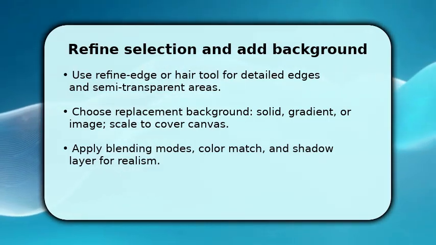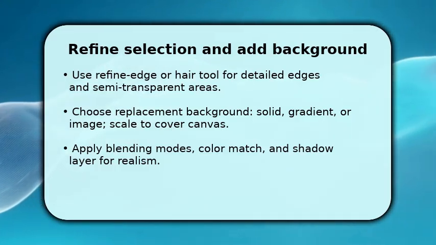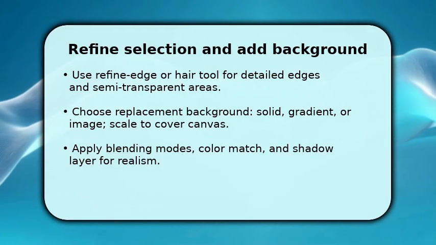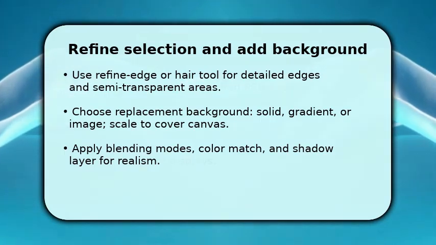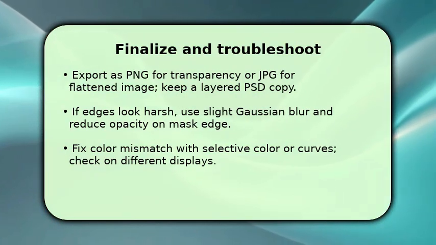Then match color temperature and exposure between layers and add a subtle shadow or contact layer beneath the subject to ground it. This step is where the photo stops looking pasted. To finish, inspect the composite at 100% zoom, then save a layered file for future tweaks and export a flattened